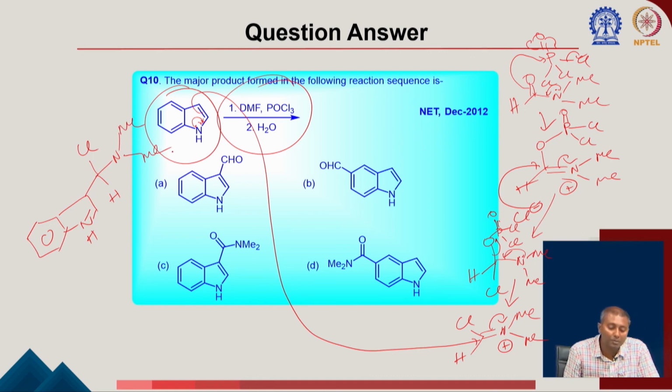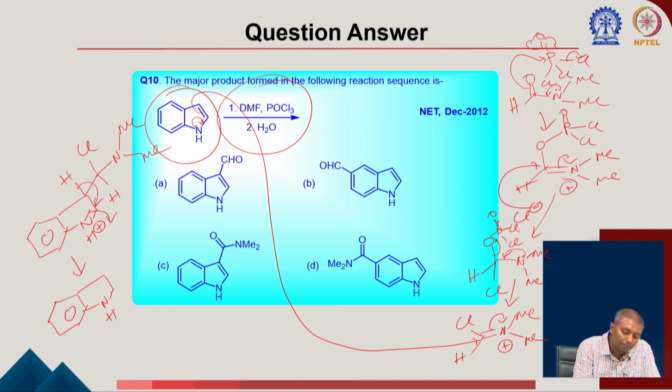Okay, it is going to form this species, and you can see there is a plus on the nitrogen. Now this proton will be lost, so indole will come back, and now you have a chlorine. So the nitrogen lone pair can give electron density to get rid of Cl, that can form the corresponding iminium,